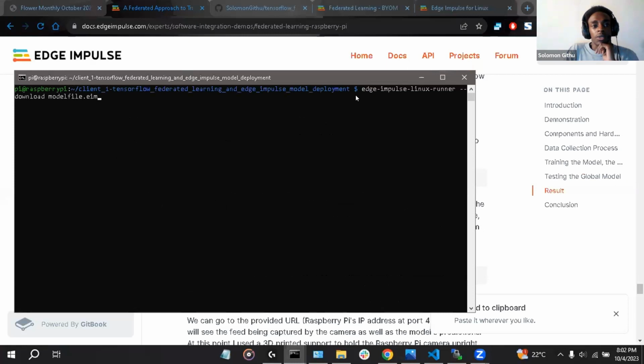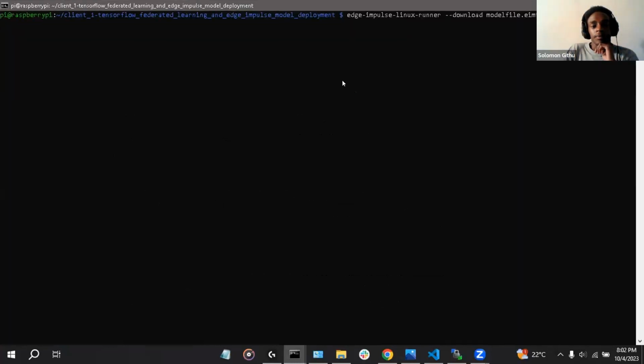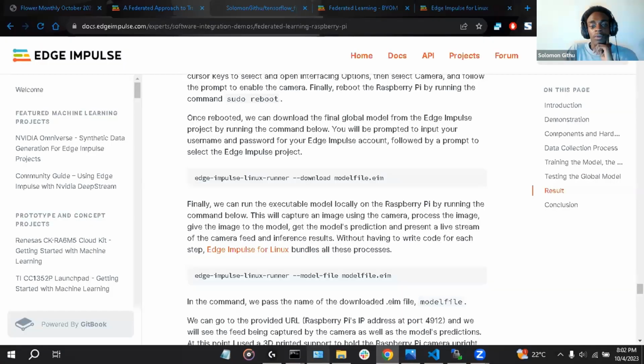This command will download our model from Edge Impulse as an EIM executable.